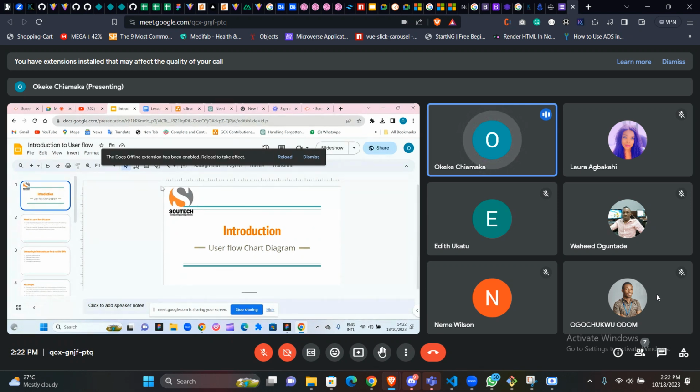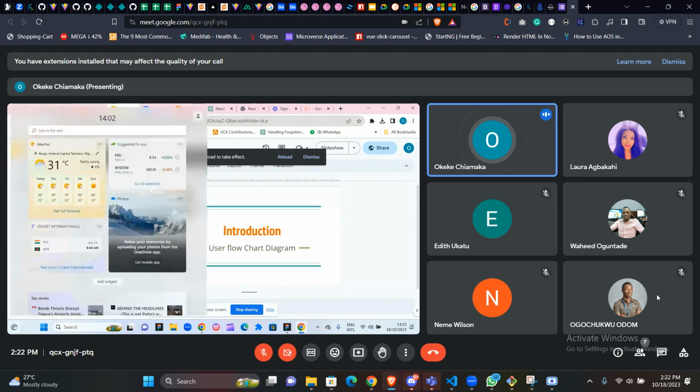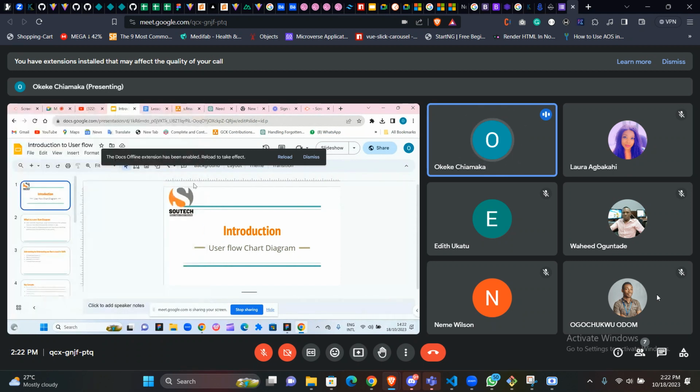I've been teaching us about a user flow chart, which is also known as UML. That's Unified Modeling Language, and that's what it's called for software engineers. Then for data analysts, it's called activity diagram. So as a data analyst, as a product designer, as a software engineer, this is one of the skills